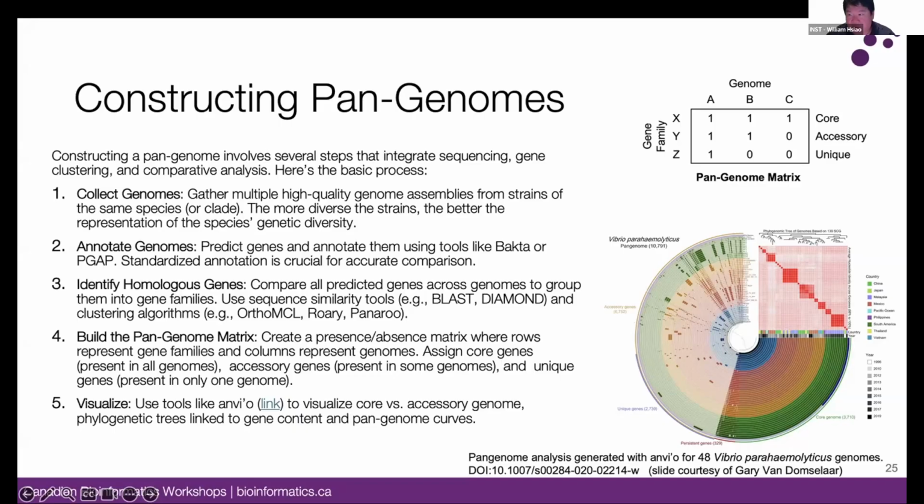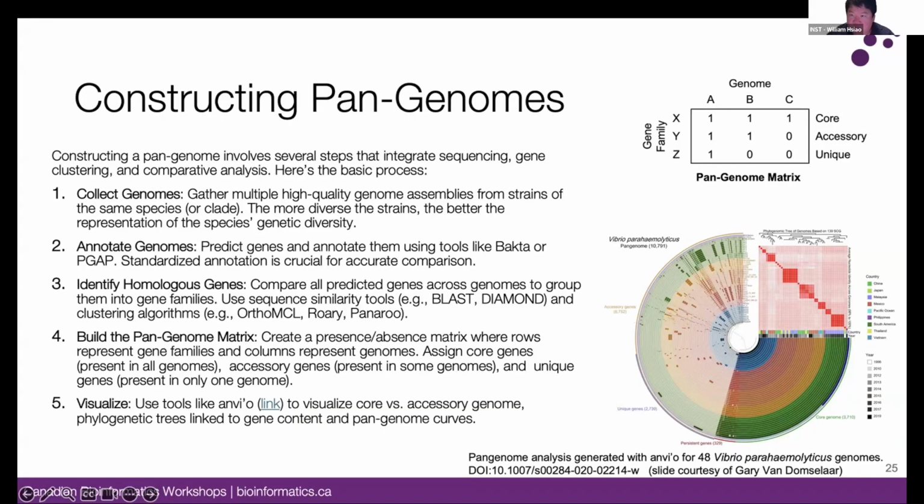And the more diverse the strains, the better it represents the species genetic diversity, right? But as I mentioned, it's a balance between that ideal of random picking and more purposeful picking, trying to pick, say, one representative per lineage. Right? Okay, so then the next step is to predict the genes and annotate them using